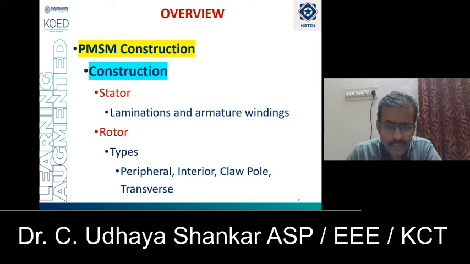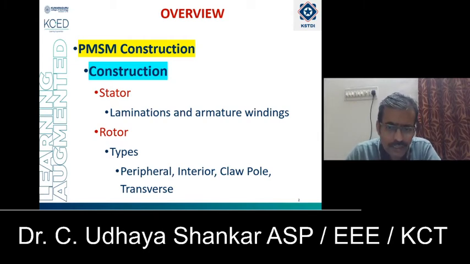Constructionally, the brushless permanent magnet sine wave motor is similar to the brushless permanent magnet square wave motor. The armature winding and shape of the permanent magnet are so designed that the flux density distribution of the air gap is sinusoidal. That is, the magnetic field set up by the permanent magnet in the air gap is sinusoidal. Because of the presence of permanent magnet in this motor also, the slip rings and field windings are absent.